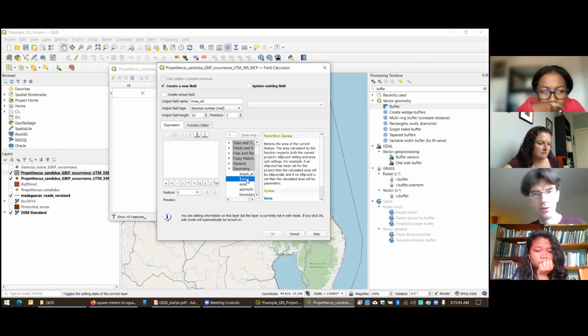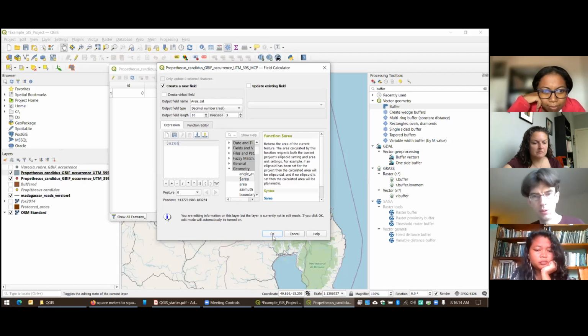This one is simply calculating the area. I double-clicked on this, and now it shows up over here. So basically, I'm telling it, I want you to calculate the area of all the polygons. There's only one polygon in this case, and put it in a new field that's called area cal. And please use decimals when calculating, essentially.